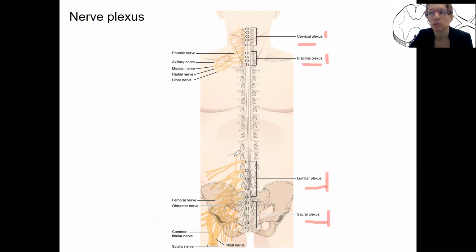And then the main thing I want you to know is that these are all formed by an intermingling of spinal nerves. So the anterior ramus, for example, of spinal nerves C1, 2, and 3, those 3 spinal nerves, and then the anterior ramus, because that's the branch that all goes to the anterior of your body, are all going to combine to form